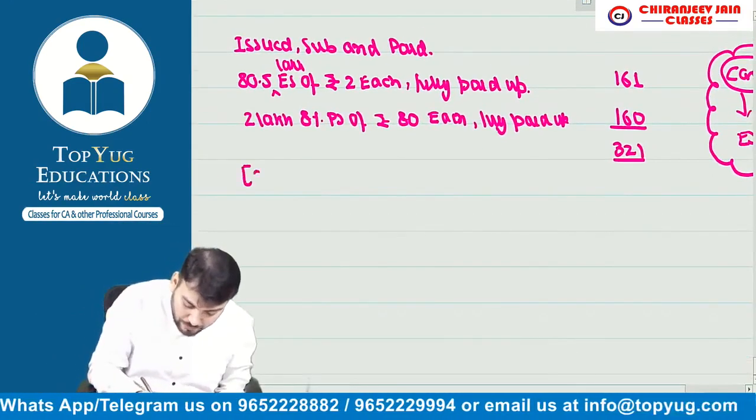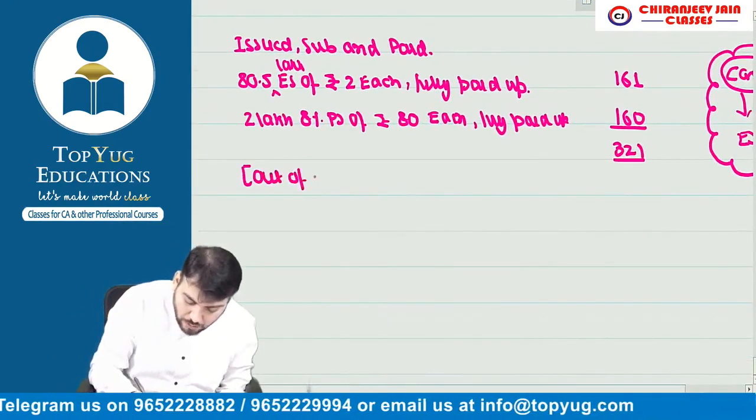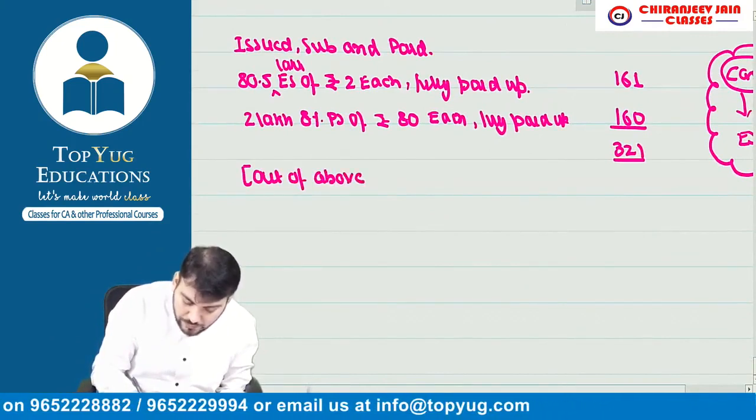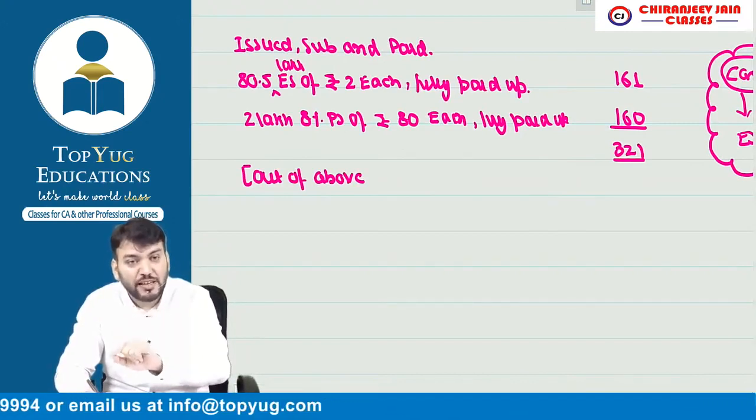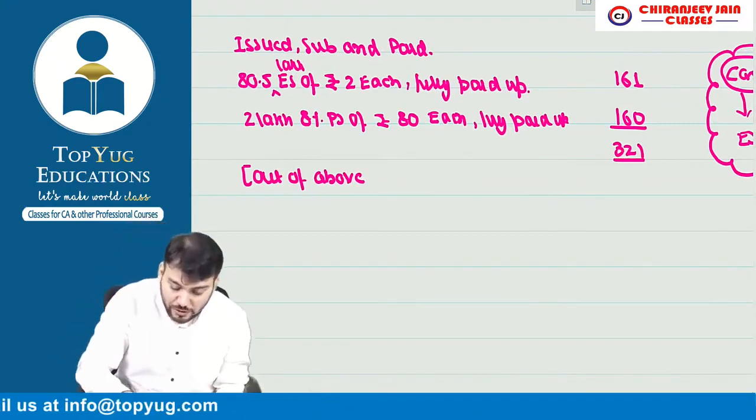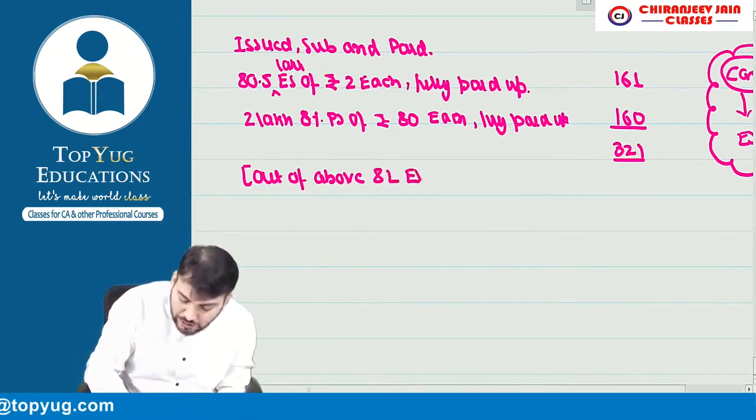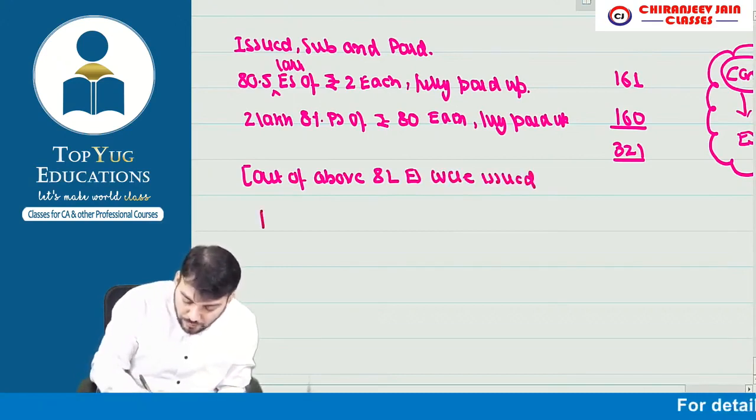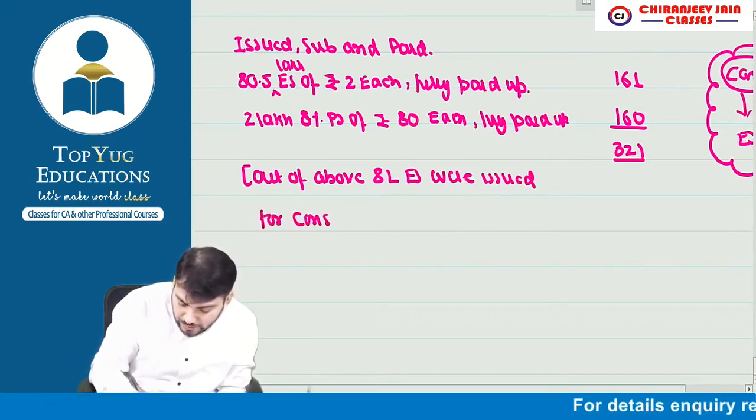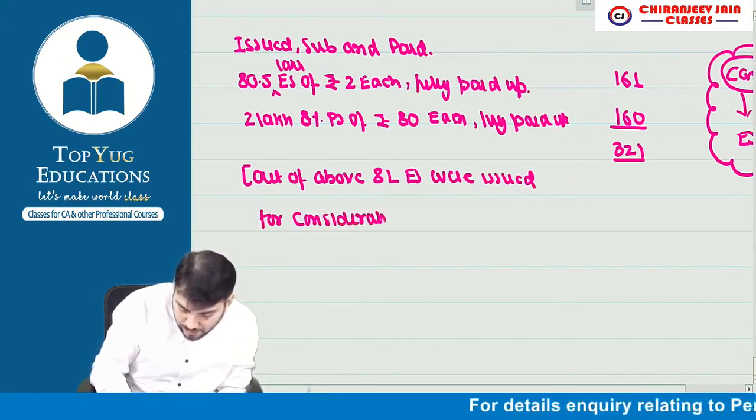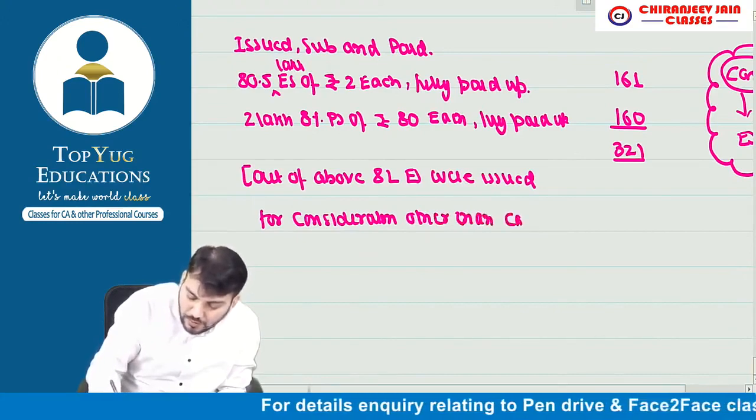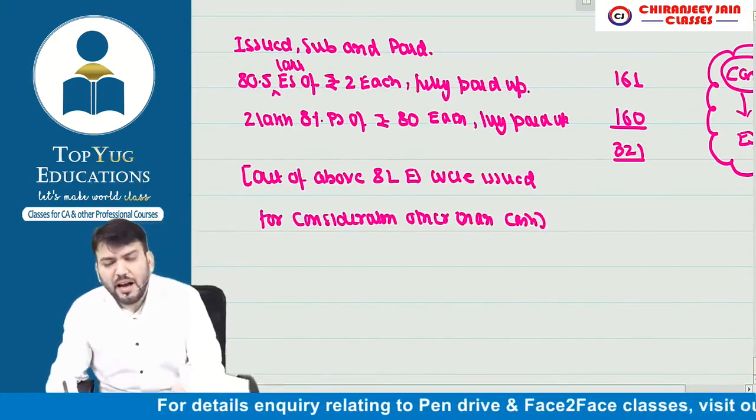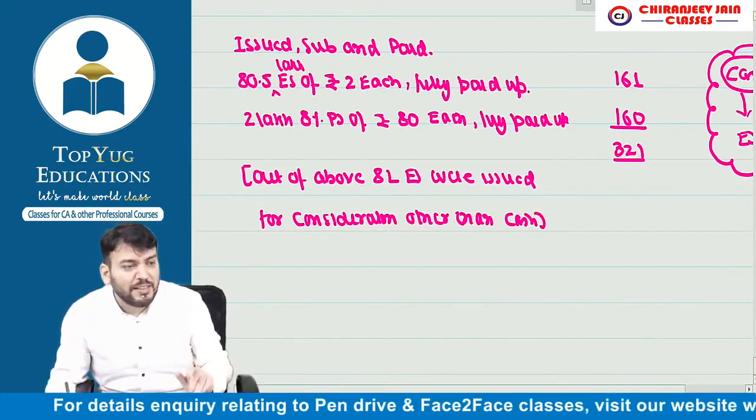तो यहां लिखेंगे out of above, for 16 lakh equity shares means 16 lakh equity share capital divide by 2 means 8 lakh equity shares, 8 lakh equity shares were issued for consideration other than cash, correct now।